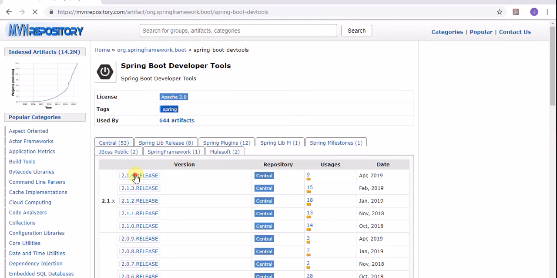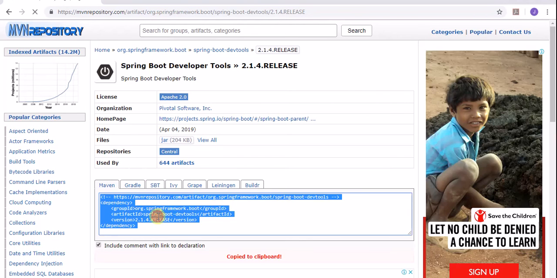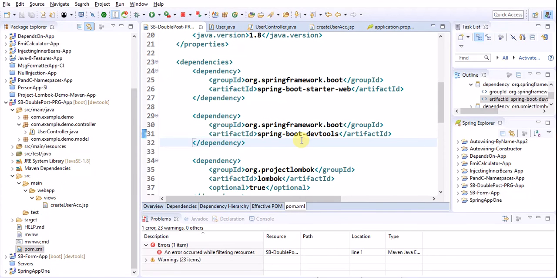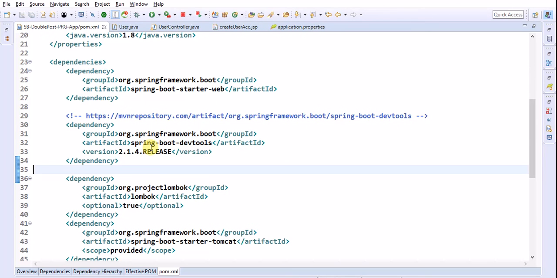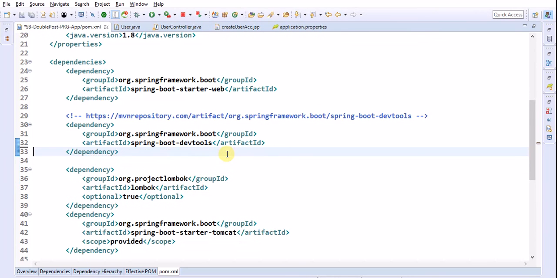Spring Boot DevTools. org.springframework.boot, spring-boot-devtools. Yes, this is correct. I need to specify the version.